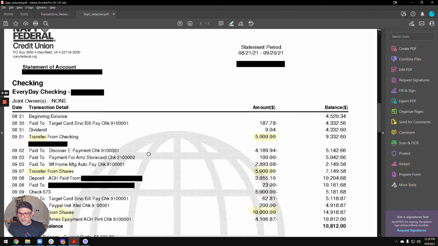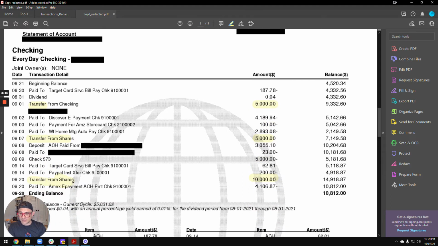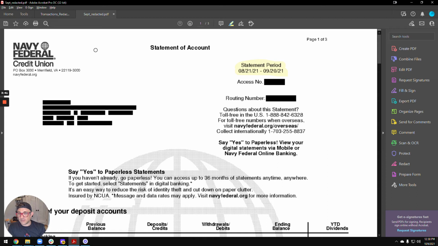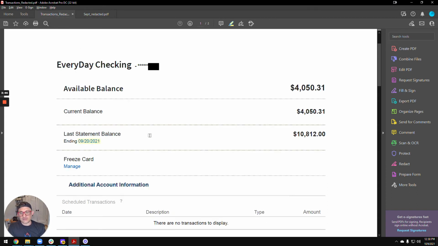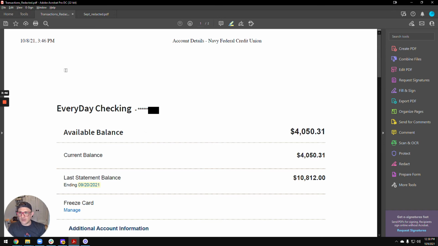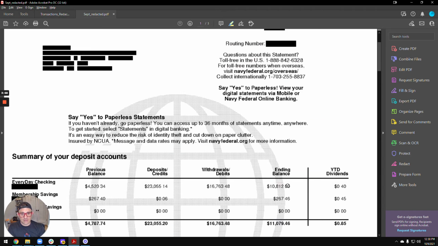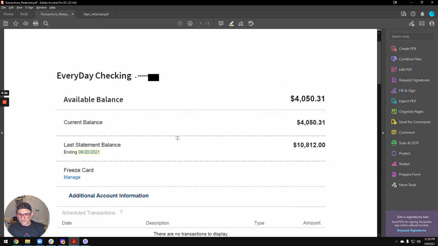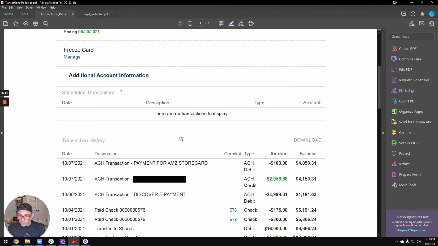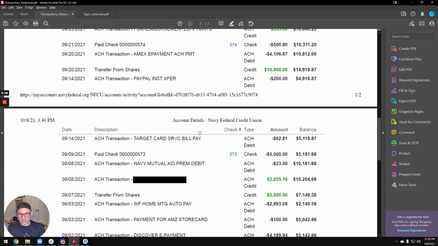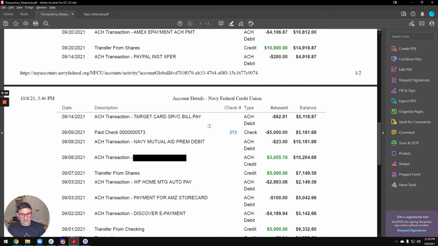Now, okay, so the deposit was sent to the closing agent after September 20th. So what this client had to do in their bank, and pretty much every bank does this, is they are able to print out a transaction history with a date range. So you can see here, it's the same bank, the date that it was pulled. And this one is actually good. It shows the last statement balance and the ending date, so you can match it up and make sure it's the same. They do need to see that's the same account. And they actually pulled more dates than needed, but I prefer that, so you can see an overlap, so they can easily match up the accounts in case there's any questions about that.